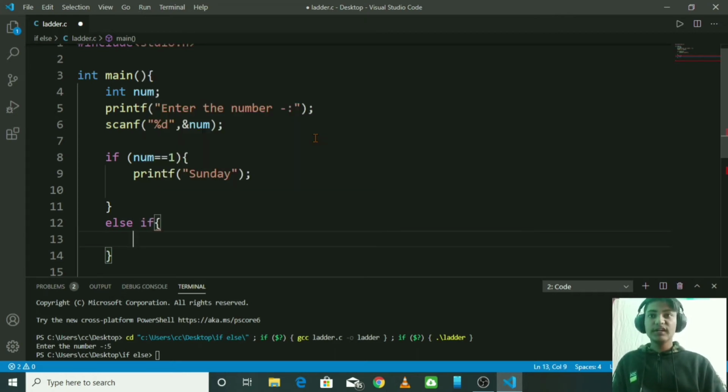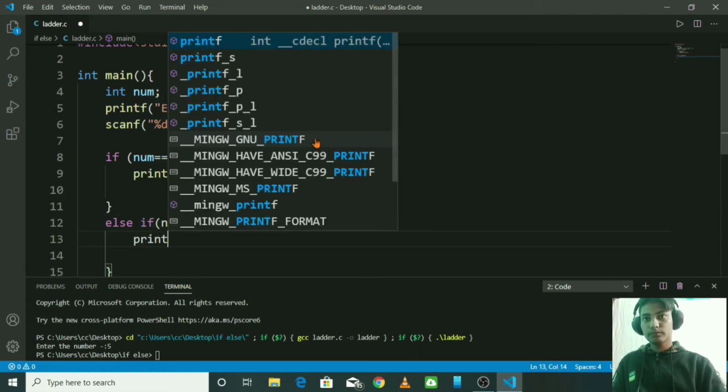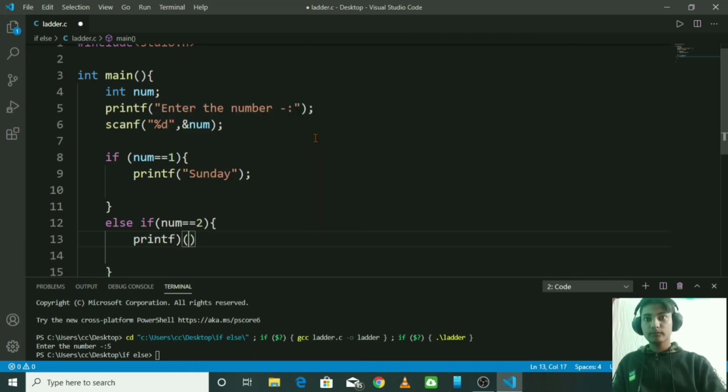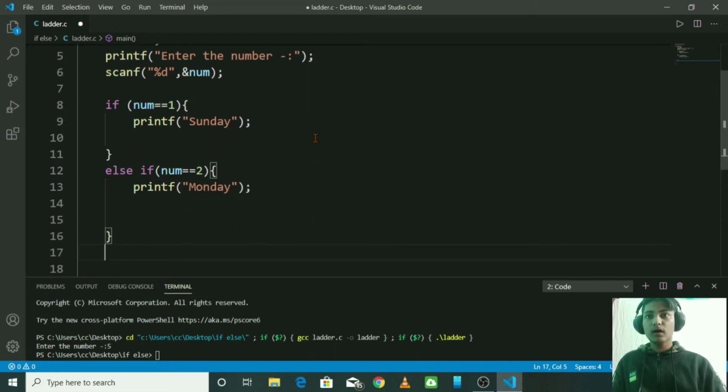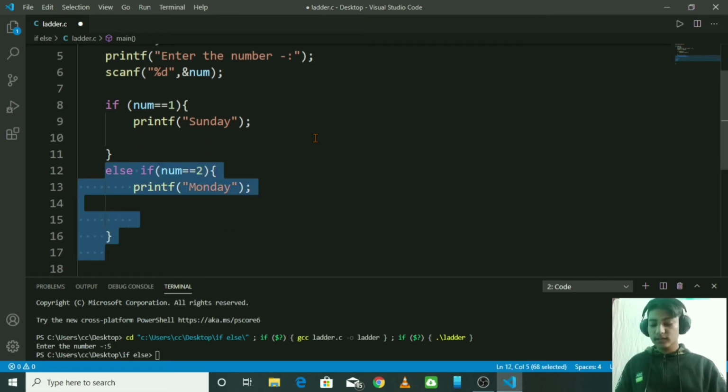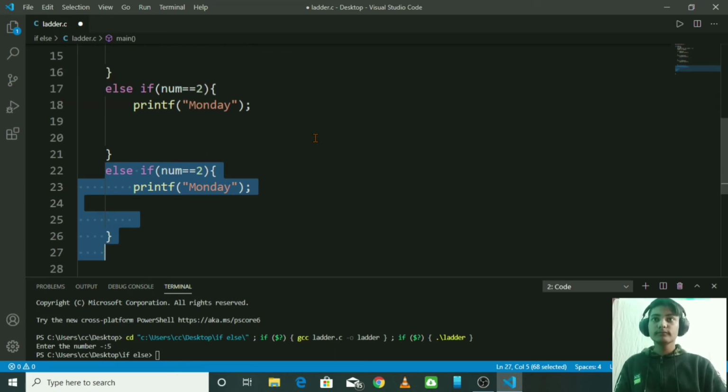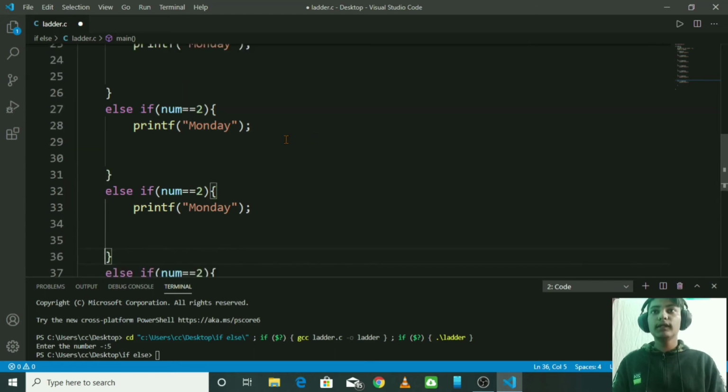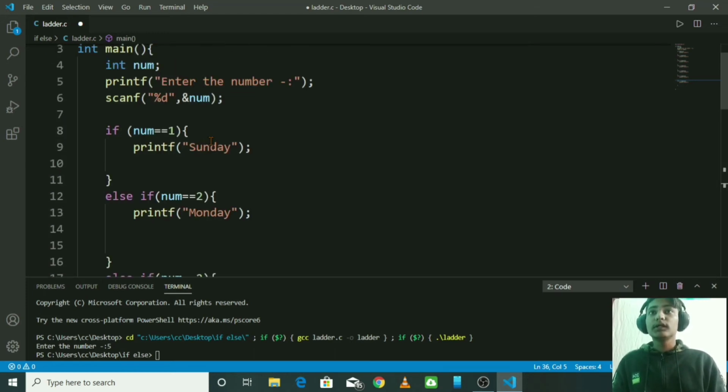Else if parenthesis num equals to 2, then printf Monday here, Monday, semicolon, and then out of this else if, duplicate this for the other 5 days, shift D. Here rename them. This is Sunday, Monday.